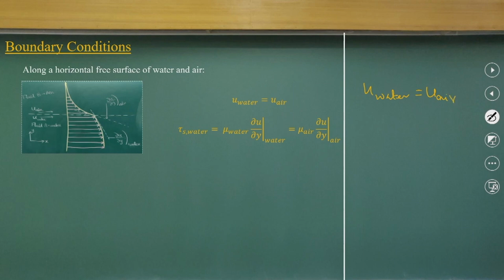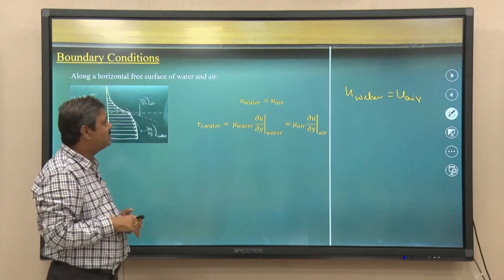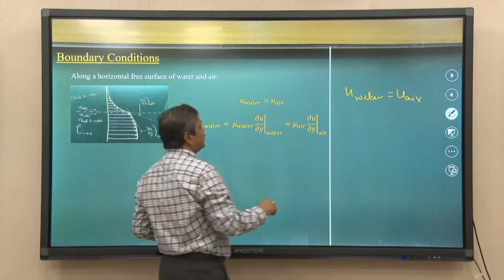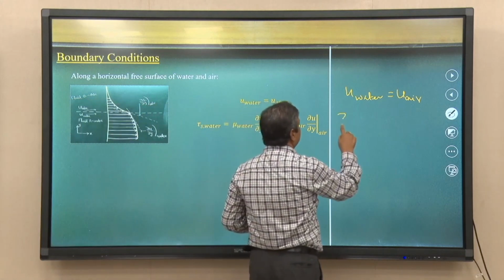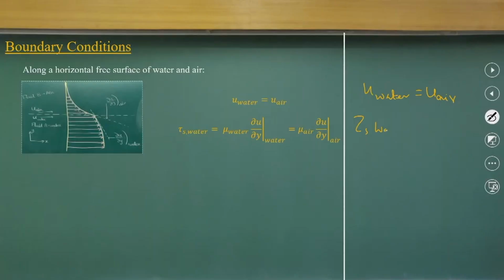So, that means at the interface level, I will get the velocity of water equal to the velocity of air at the free surface. Also, I will get the shear stress working on water equal to the shear stress working on air. But if I use Newton's law of viscosity, I can put mu water